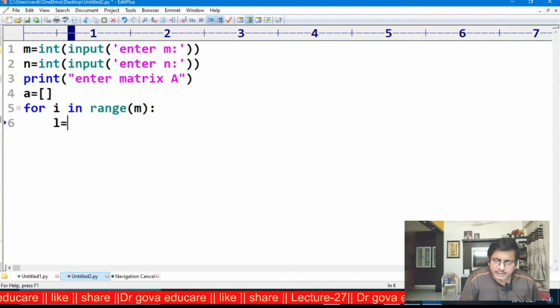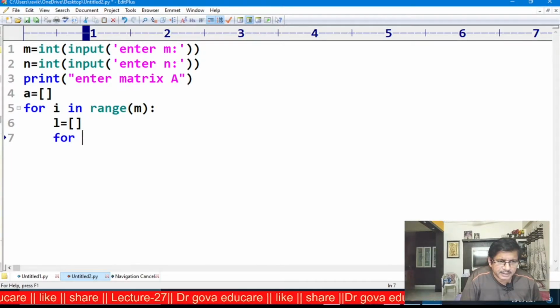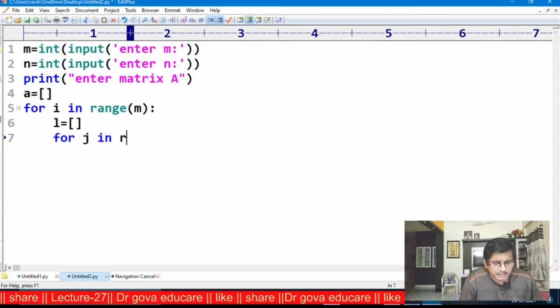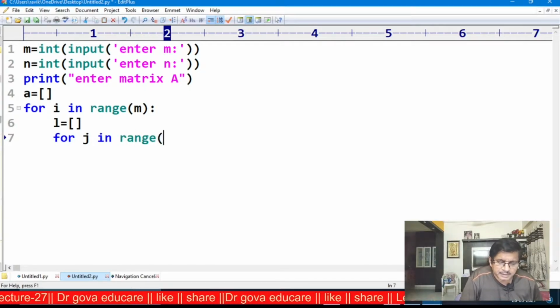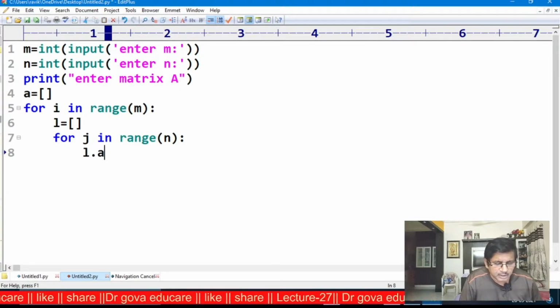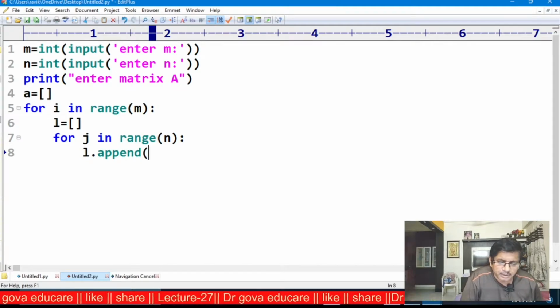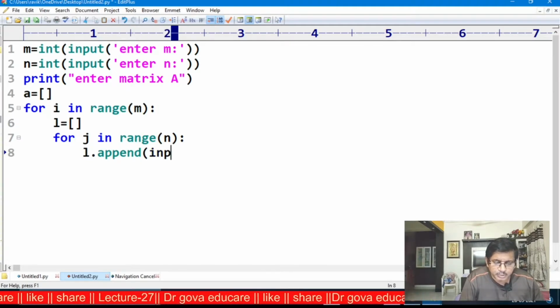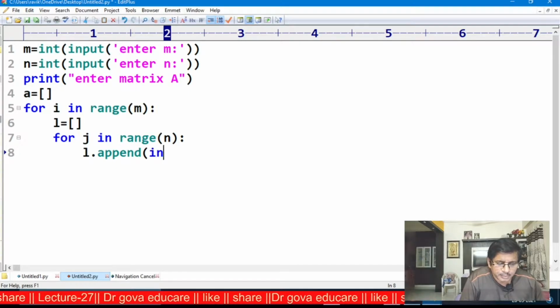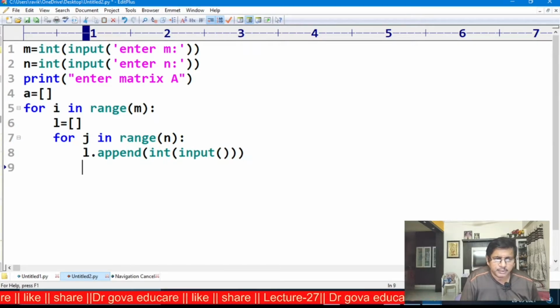Now, I am creating the empty list L. For J in range N, L dot append int of input.